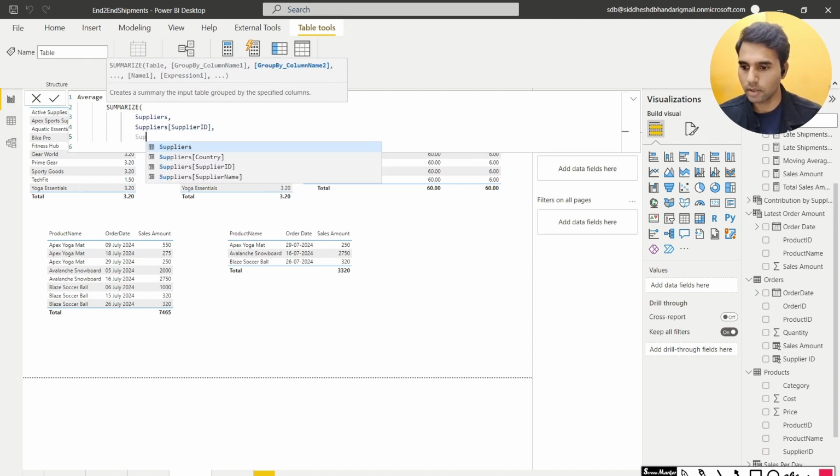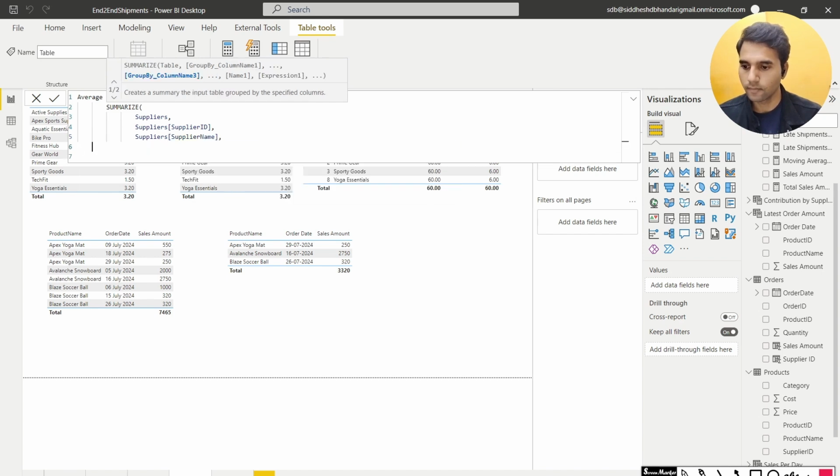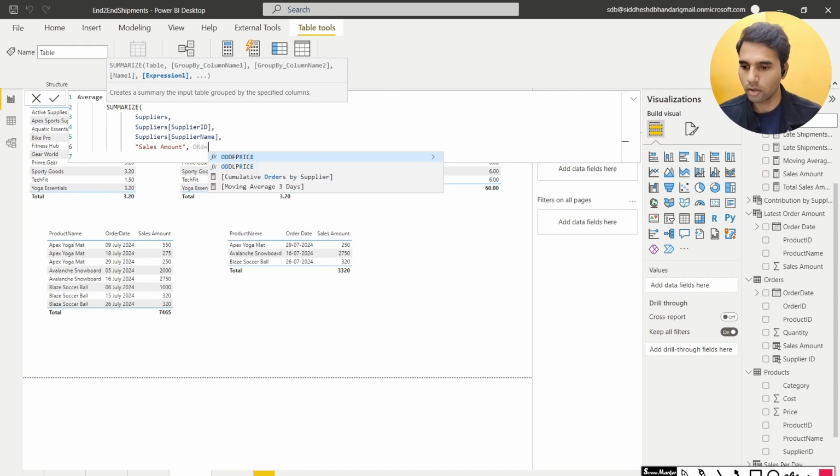I'll also need supplier name. Now I want the total sales amount, or I'll just call it the sales amount because this can have a different meaning. I just want the sales amount for each supplier, and I can get it from orders,